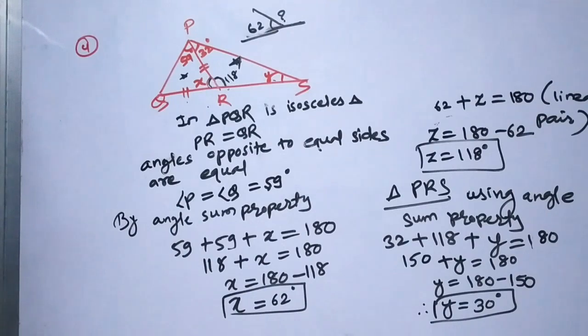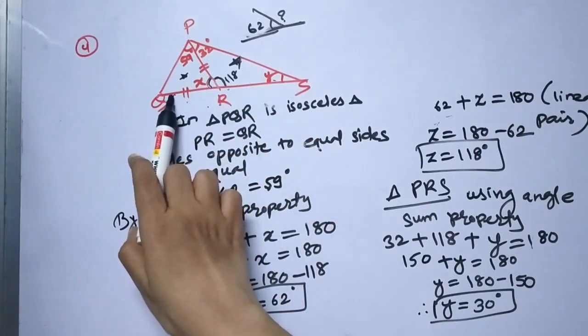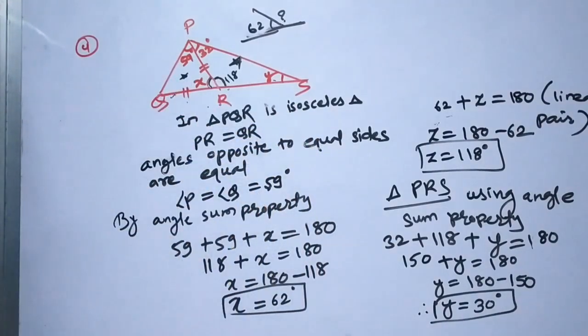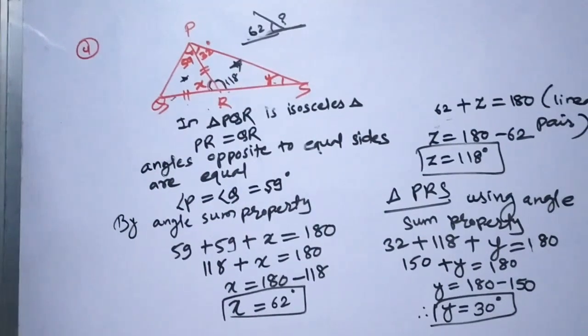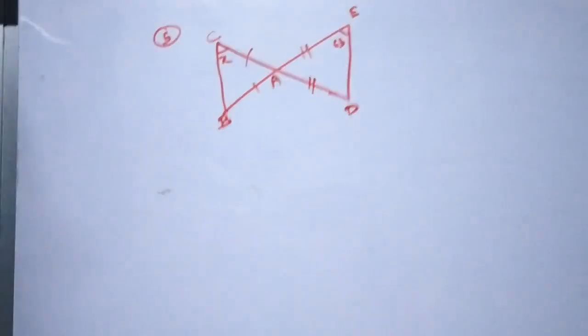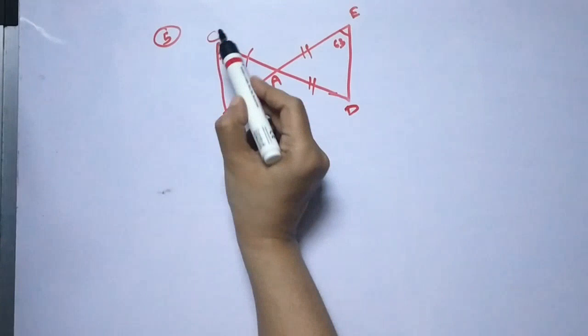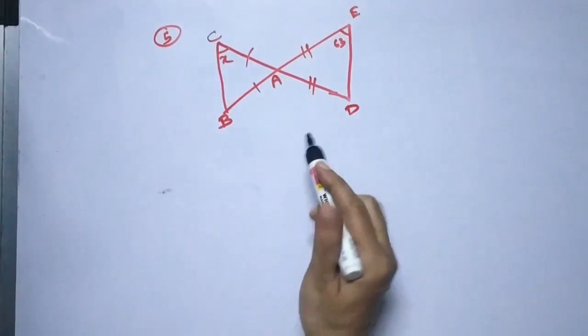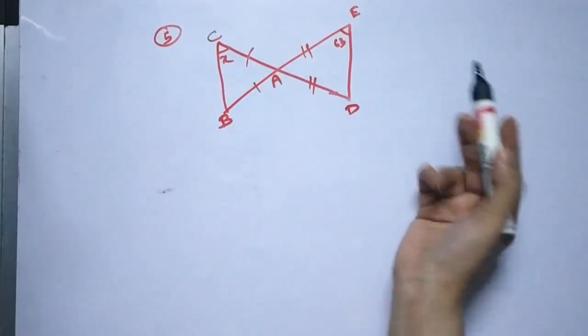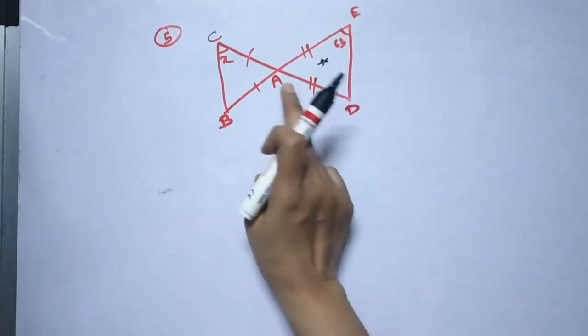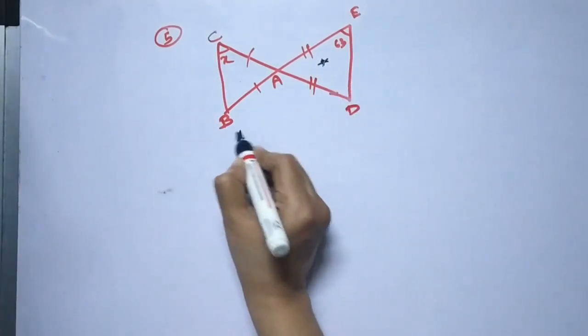So friends, in one question we have used the isosceles concept, again angle sum property, linear pair concept. So now friends, moving to the next question, here we have this diagram. Here also the two triangles are given. First of all, we'll focus on this triangle AED. So friends, in triangle AED,